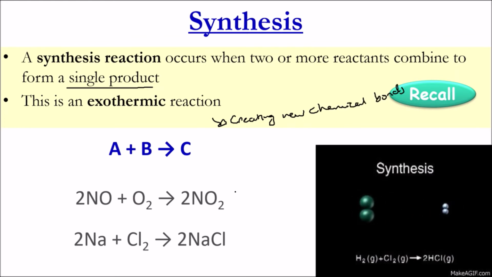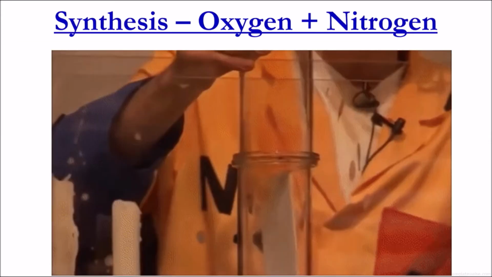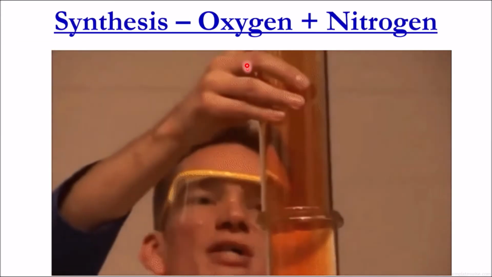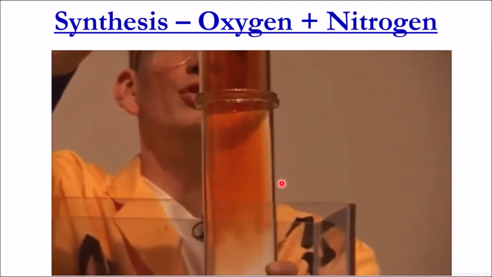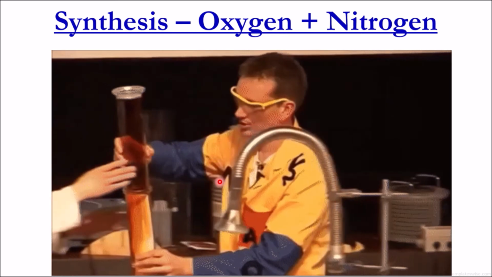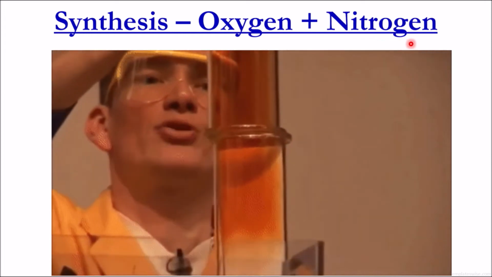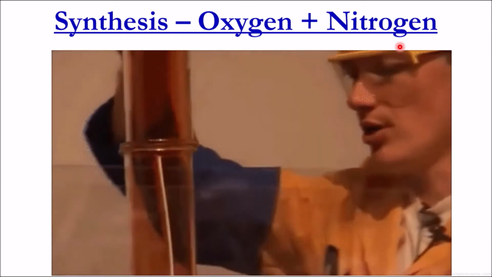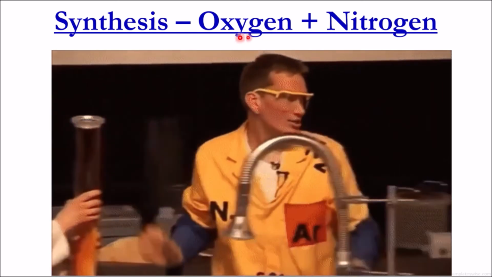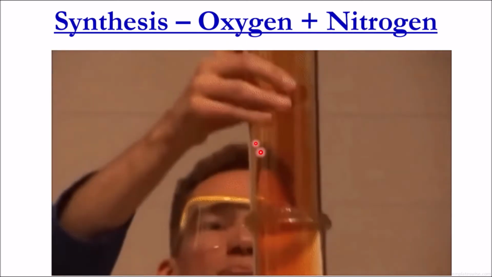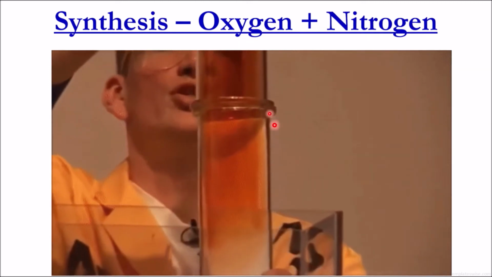An example we have, and we'll look at them, is the synthesis of nitrogen dioxide and the synthesis of sodium chloride, which is also known as table salt, the salt that you eat. So here you go, an example of the synthesis of nitrogen dioxide. Now, nitrogen dioxide has this red brownish color to it. Oxygen and nitrogen are both colorless gases. So the reaction we're getting here, when oxygen and nitrogen combine together, creating nitrogen dioxide, is this sort of brownish